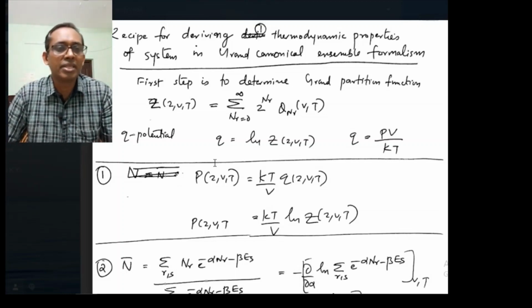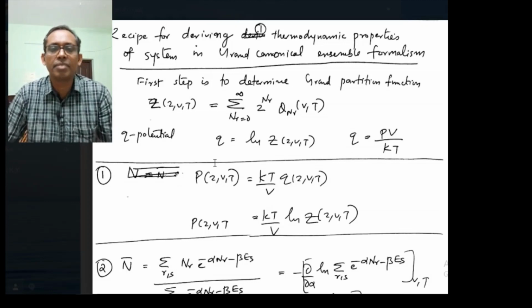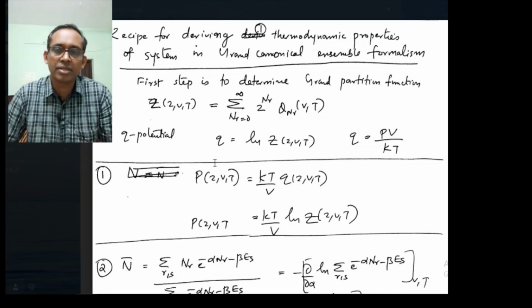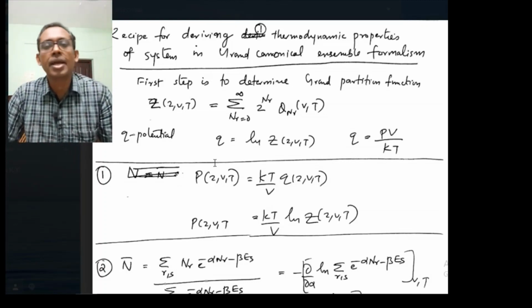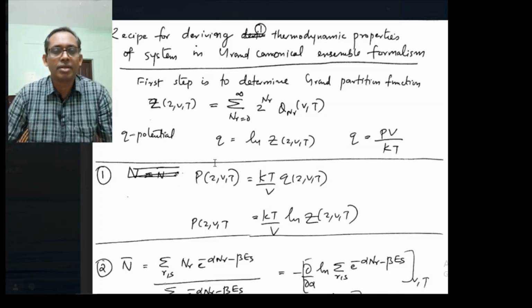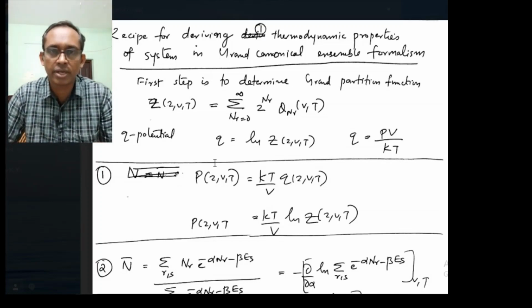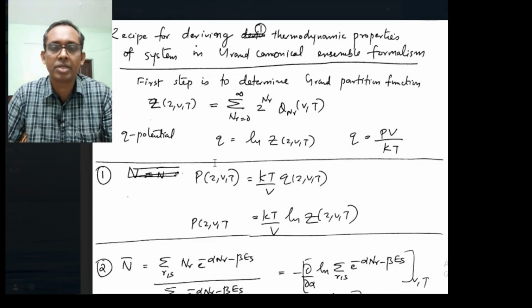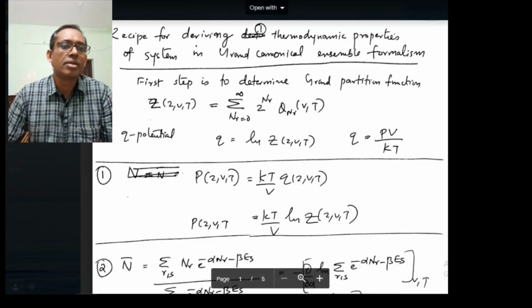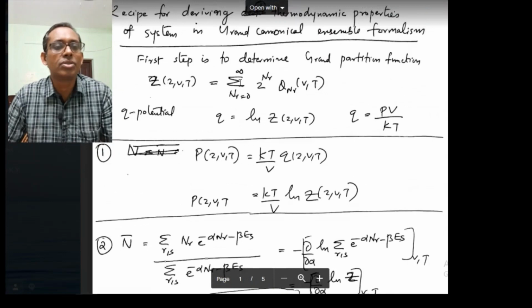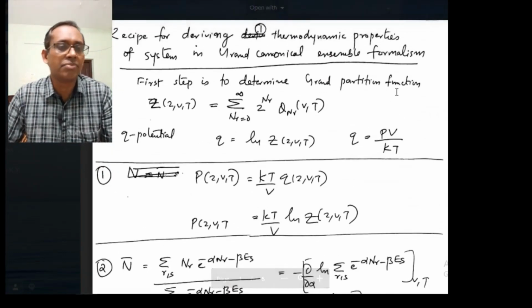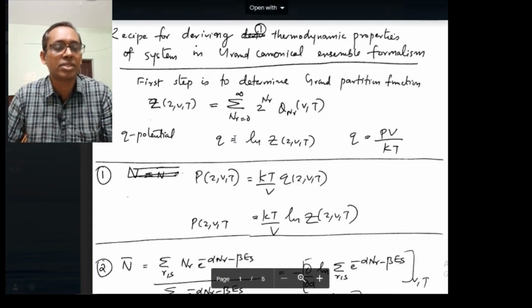Today we are going to see a recipe for deriving thermodynamic properties of a system in the Grand Canonical Ensemble. So in the Grand Canonical Ensemble formalism, we see how we can obtain the various thermodynamic properties of the system. The first step is to determine the grand partition function. The first step in the determination of the thermodynamic properties is the evaluation of the grand partition function, which